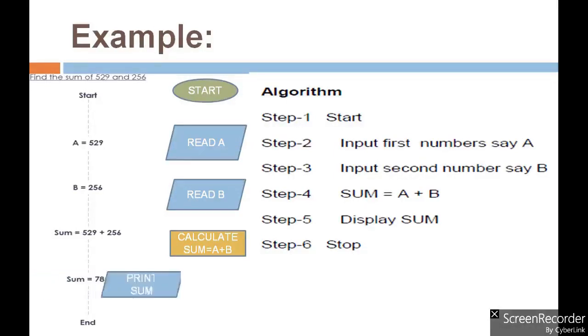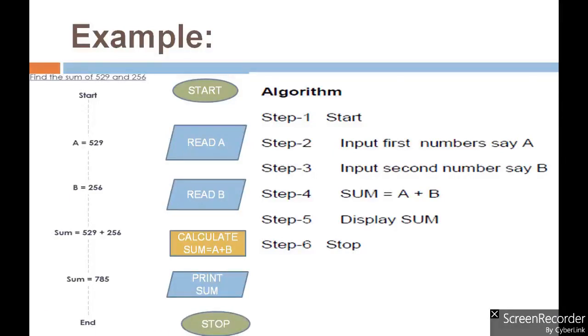After that, the output comes and we should display the output using the print or display keyword, print and then the variable name sum, print sum. And at the last, I have to mention the ending of the flowchart by the stop symbol, oval shape, stop. That is the end of the flowchart and algorithm. Now join all the symbols using arrows to show the flow.